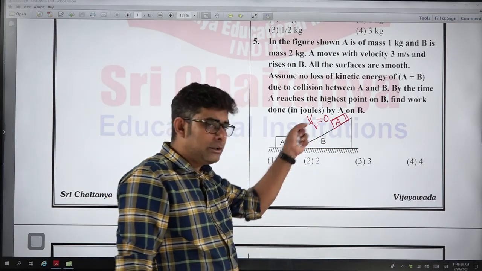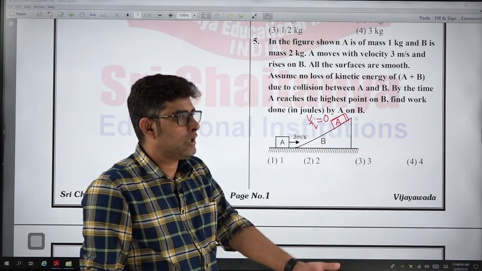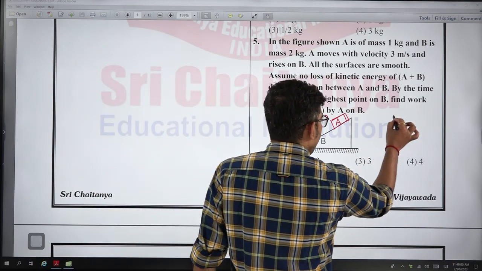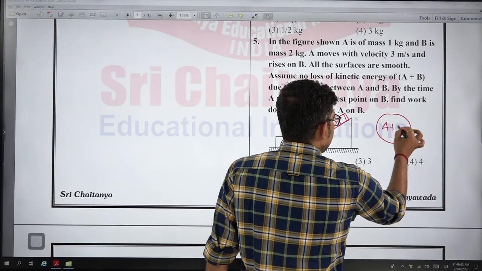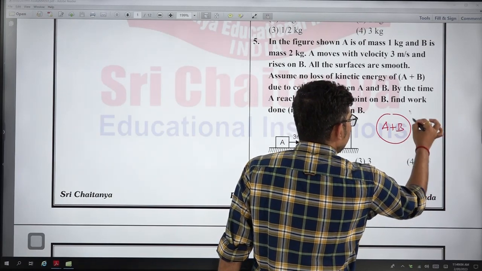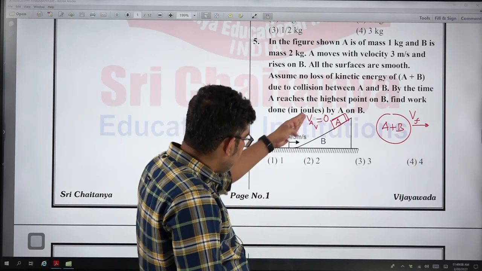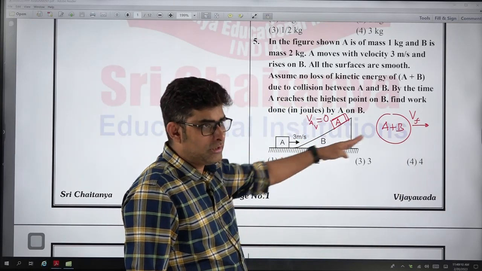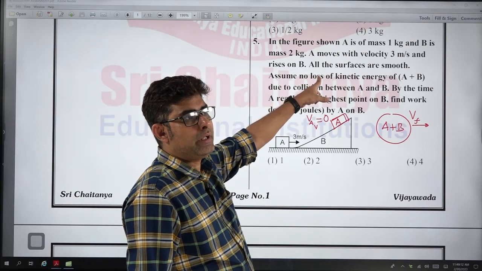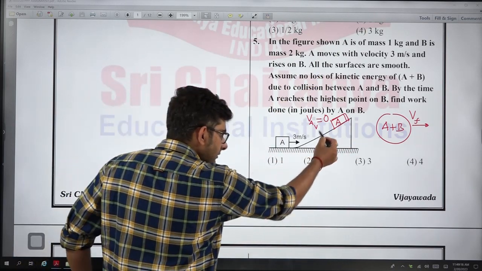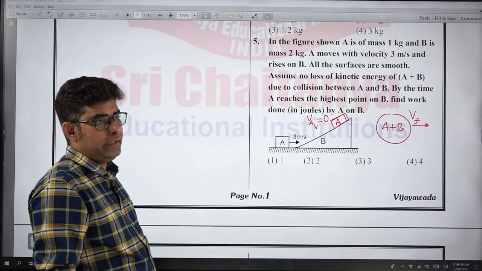So just imagine that you are on a bus. So what will be your velocity? Same as that of the bus. So later on, final velocity, if you see A and B, horizontal velocity will be same. So V final will be same for A and B because A is on B still. So horizontal velocity is same, vertical velocity of A becomes how much? 0. So now in such case, again collision, what is constant is linear momentum.